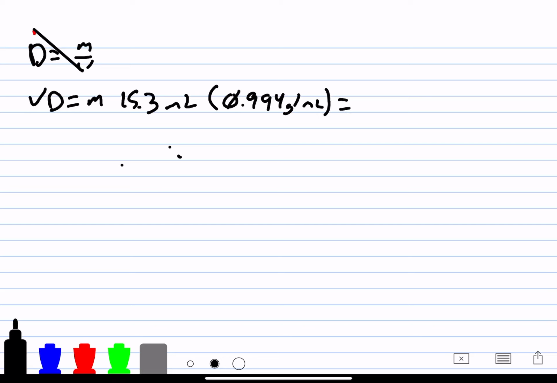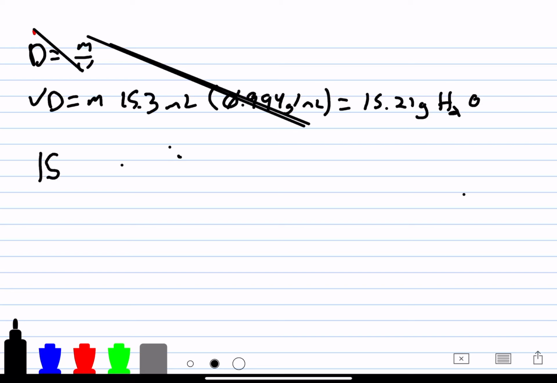When we multiply that through, we find out that we have 15.21 grams of H2O. Now that we know how many grams of H2O we have, we can solve for how many grams of phenol